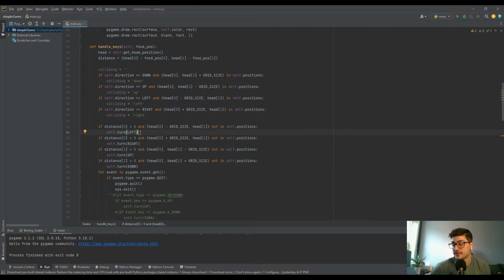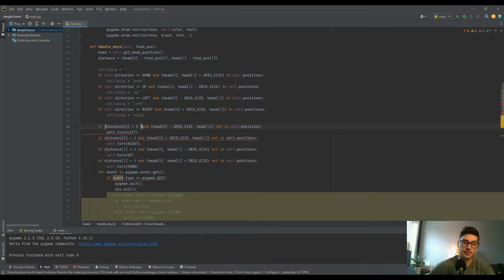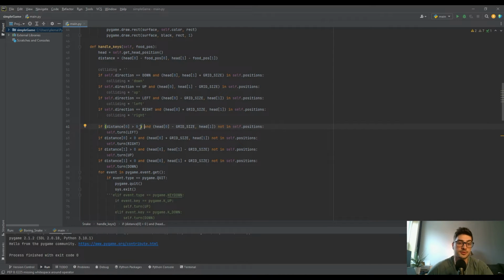So the way to incorporate this step into our decision-making matrix is, let's say that we're colliding up or down. Then we don't actually care too much. We want to make sure that this is still true, so we're not turning into ourselves. But now we're going to add an or statement to this. The main scenario where we'd want to be turning is if we're pursuing food, but we're going to say or, and then in here we're going to add some new conditions. Colliding is equal to up, or colliding is equal to